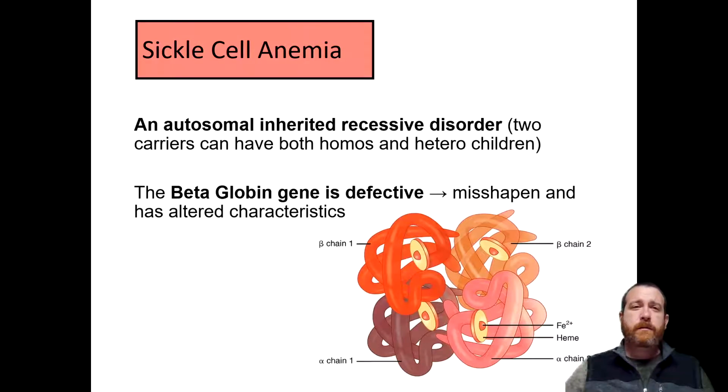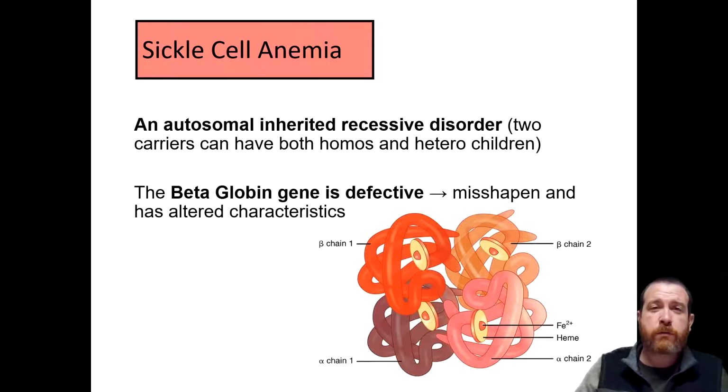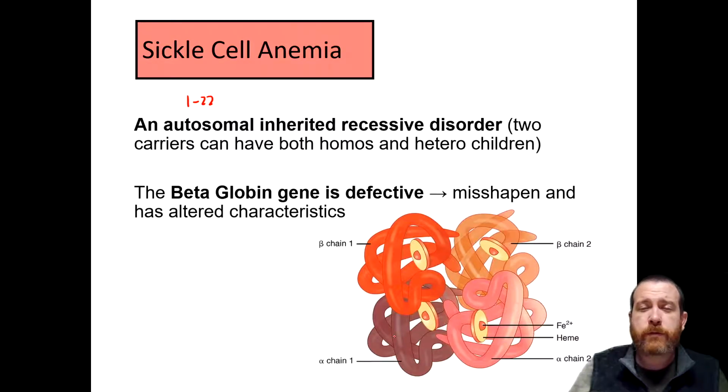When we're talking about the three disorders that we're going to be discussing with red blood cells, erythrocytes, the first one of which is sickle cell anemia, this is going to be an autosomal condition that is recessive. Autosomal means it is related to the first 22 chromosomes, so this is not going to be on the chromosomes X and Y. Anything associated with chromosomes 1 through 22 is autosomal. This means that males and females are both equally likely to have this condition,